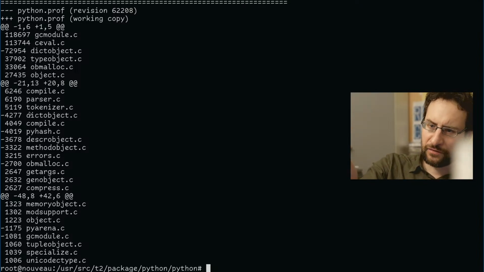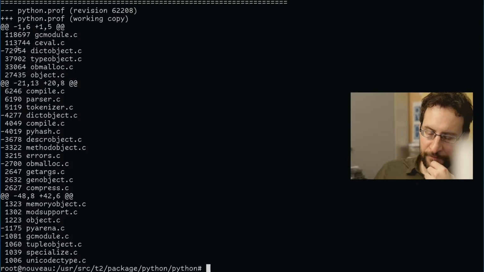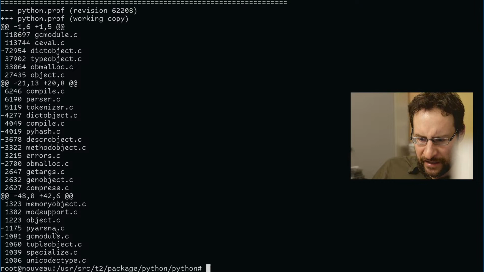In an ideal world, you would want to add profile counters for those profile hits here. So it's either dict object, selecting one of those. It makes sense, right? Initially I removed some, like PyArena. Maybe it's not PyArena. I could actually check GC. It was not PyArena, so it's one of those.